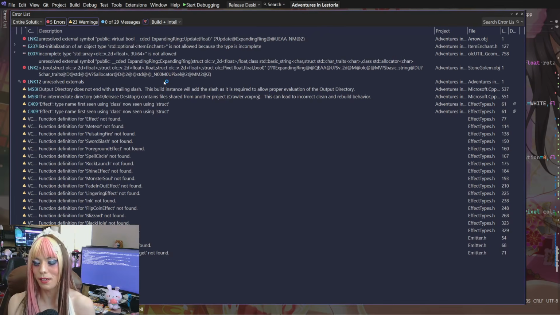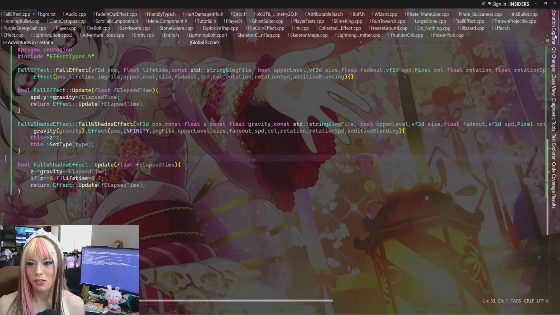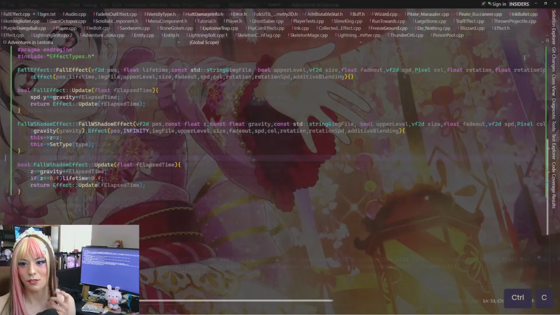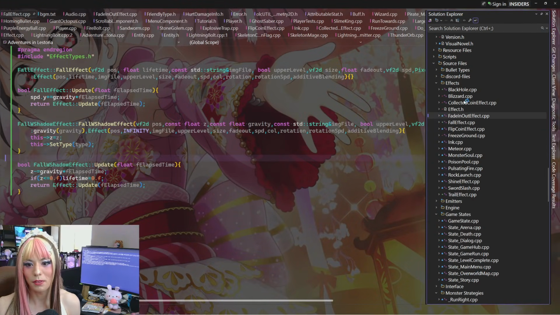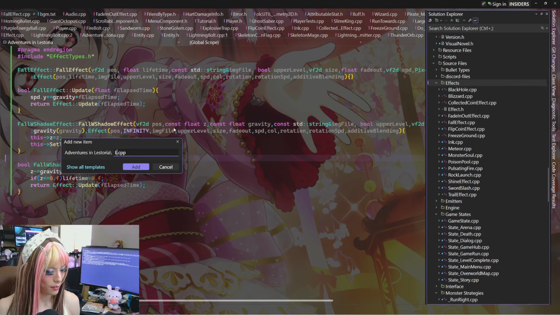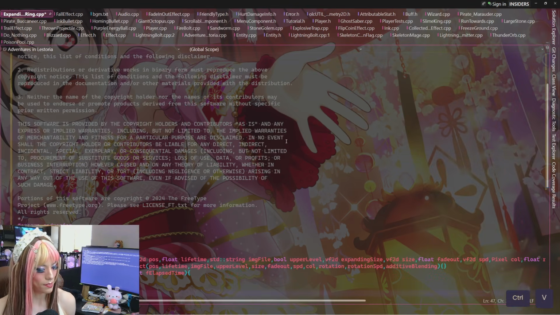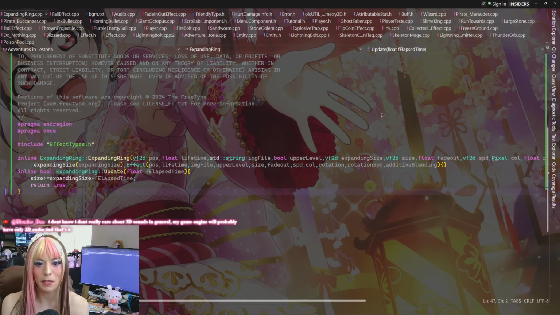Oh look, some of the linker errors went away, so I was right. It's Visual Studio being stupid. Okay. So I assume the same thing happens here. It doesn't think this file needs to be compiled, so I'm going to delete it and then recreate it. My guess is that when we add a new CPP file, that's what triggers it to say in the VCX project that this file now needs to be compiled.